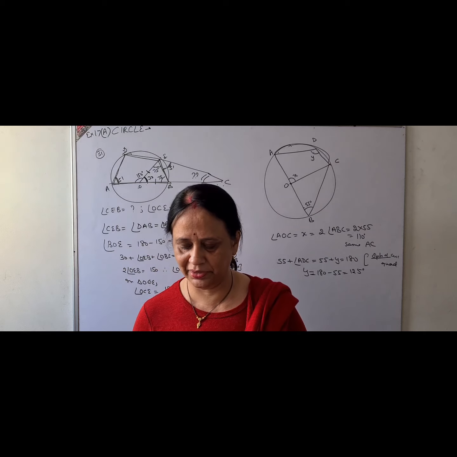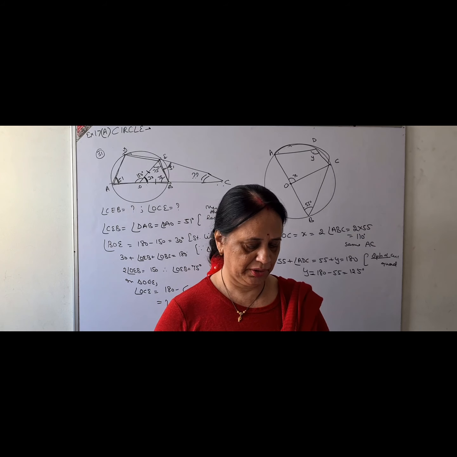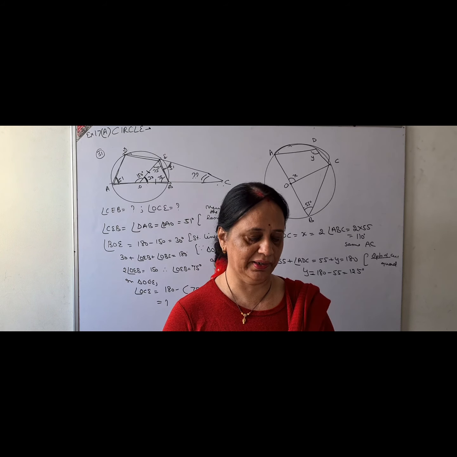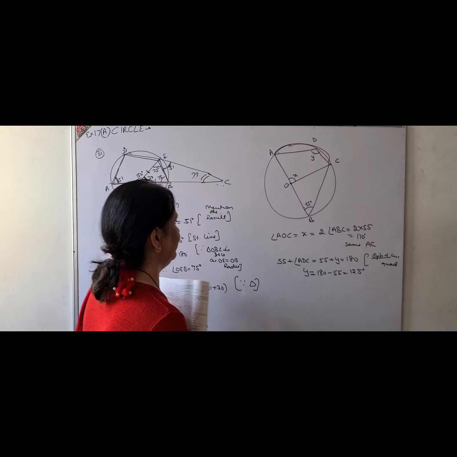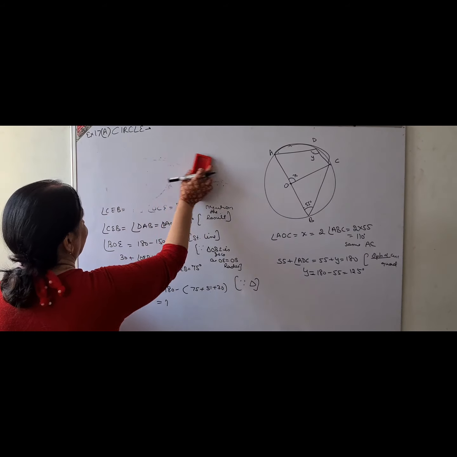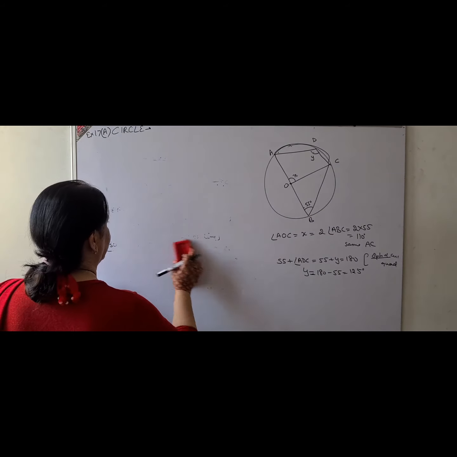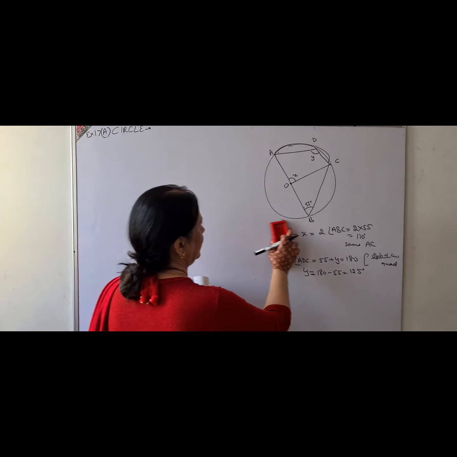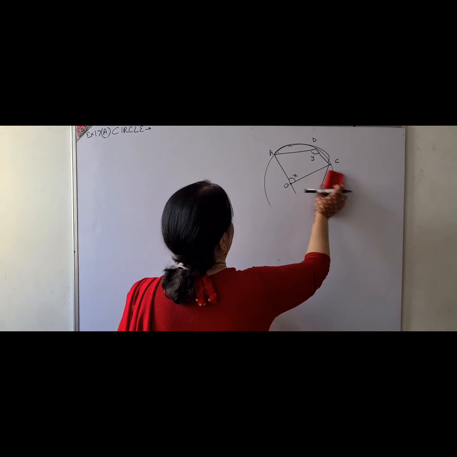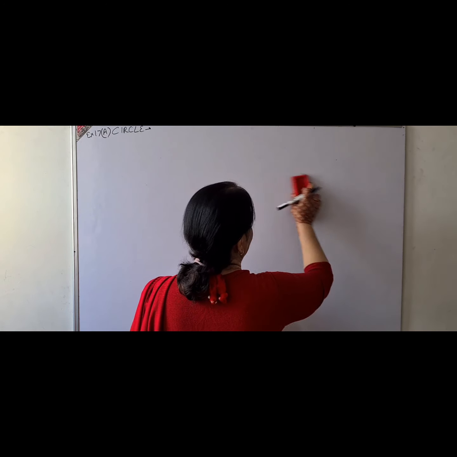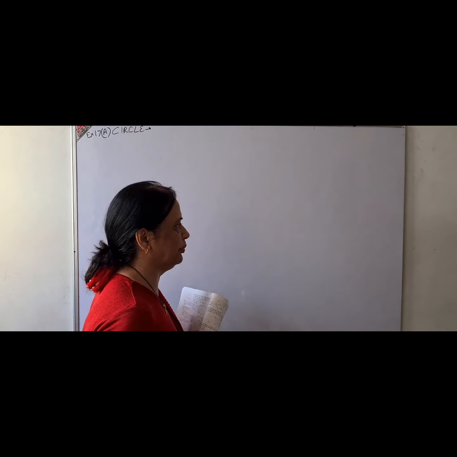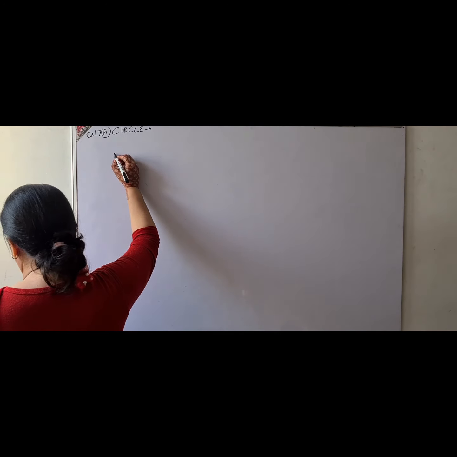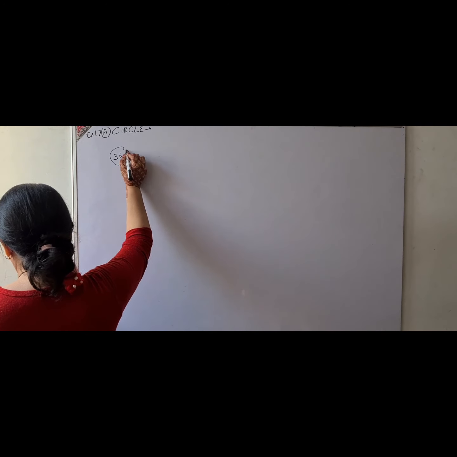And very simple one, and this we have done in 9th also. Don't let me say all these things again and again, because now you must be well practiced with them. 31, after that I have done 34. These are the sums which are more important for the paper, which I am doing with you. Please practice them nicely. Once you do this, all other types of sums you will be able to do. Don't worry about that. Then moving to question number 36.